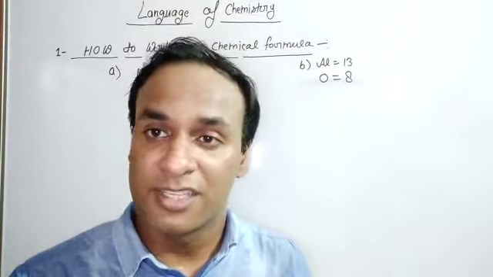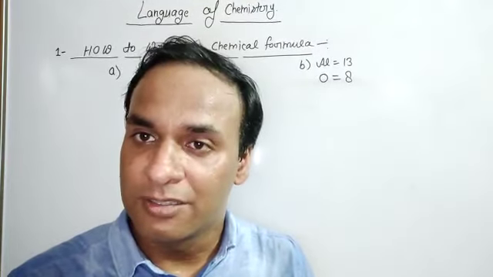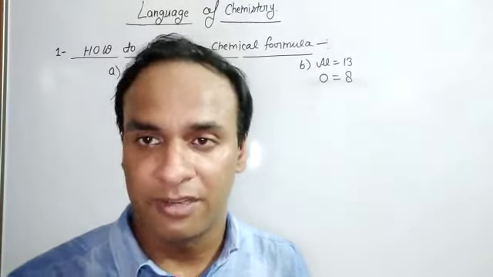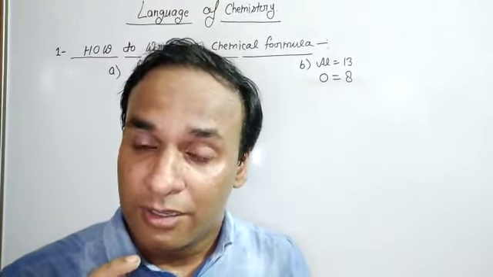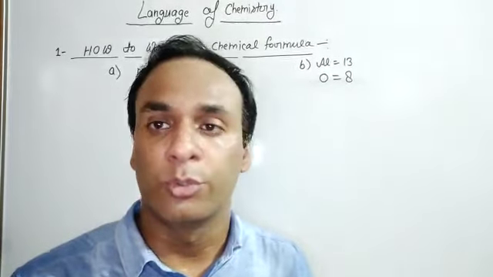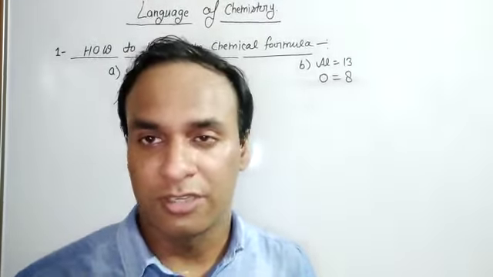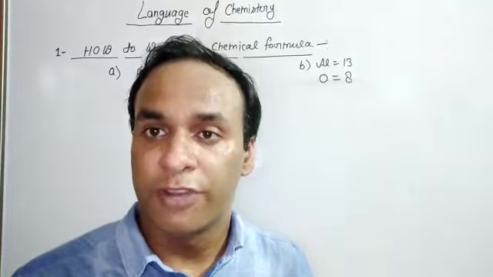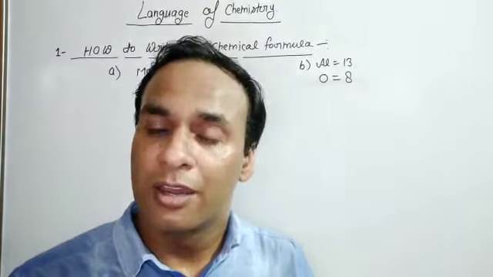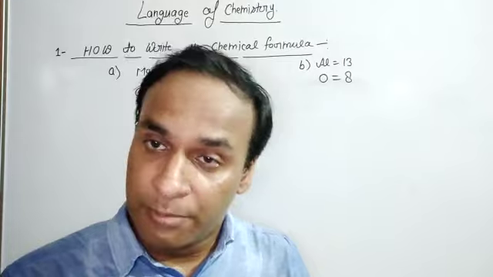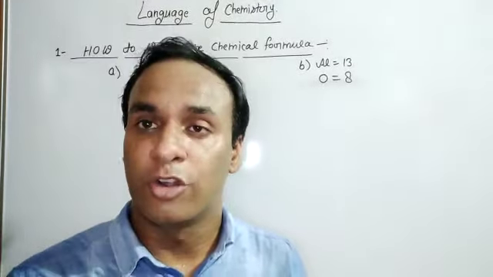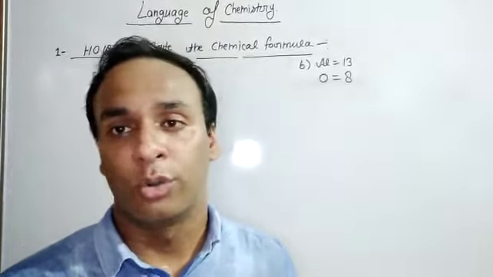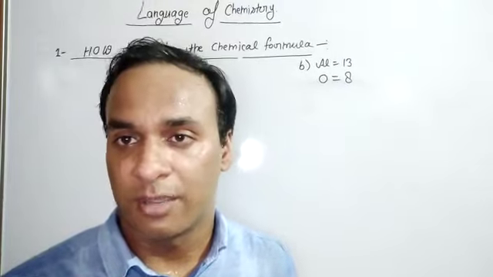Listen, the elements are divided into three categories: metals, non-metals and metalloids. How to identify the given element as metals? Whenever any element consists of 1, 2, 3 electrons in the outermost shell, that is called metals, while those elements which consist of 5, 6, 7 electrons in their outermost shell are called non-metals. Metals show positive charge, while non-metals show negative charge. Listen and look at the board, then I will discuss how to write the chemical formula.